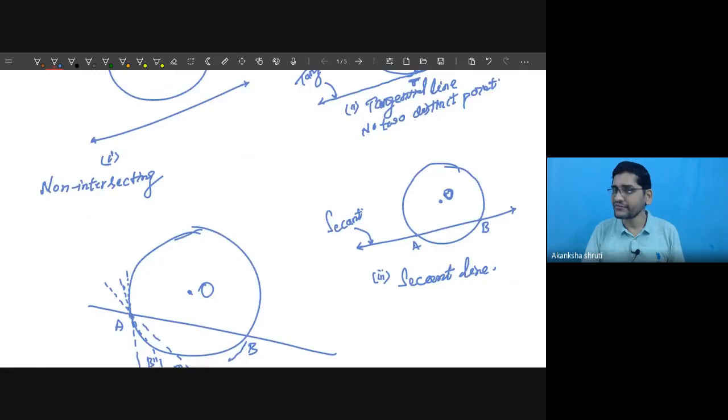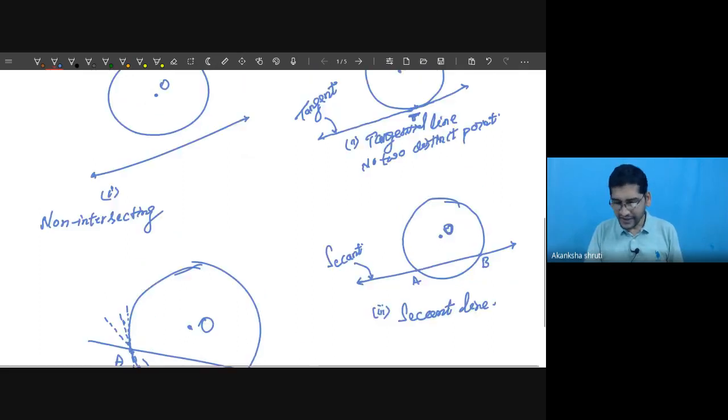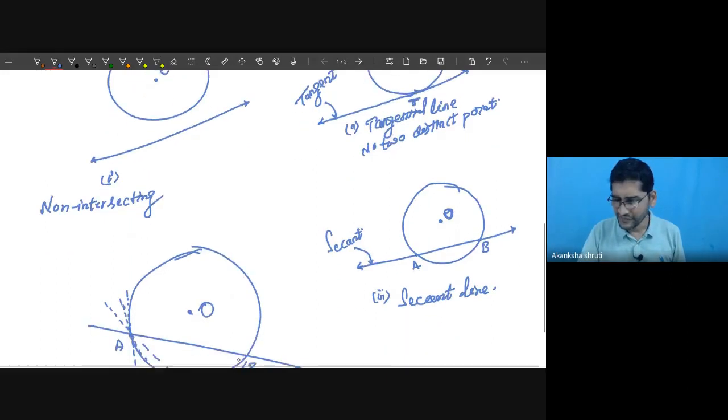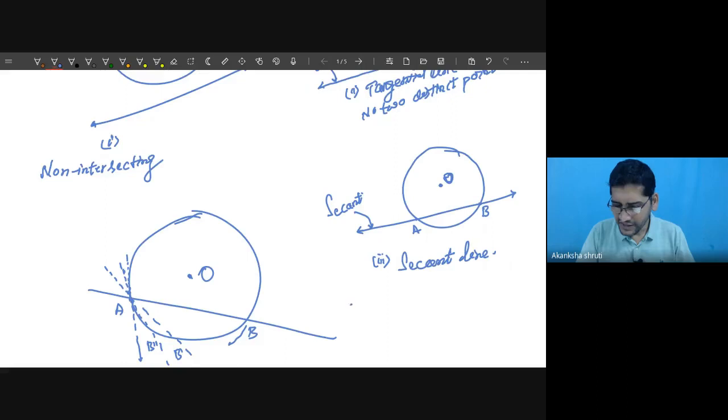Then what is the effect? What becomes the chord length? And what is the criteria for the perpendicular distance of a chord from the center? That we have to understand. So here we shall write: if A coincides with B, this implies it becomes